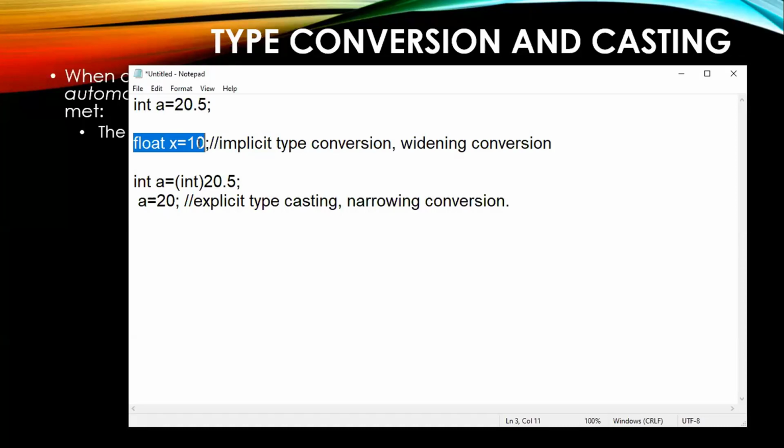The system itself will give you the functionality to put a smaller value into a bigger space. You can fill your 2-liter bottle with 50 ml of water, no problem, right? So that is implicit type conversion. Explicit type conversion: now you have 2 liters of water that you need to put into a 500 ml bottle. Can it be possible? Not possible. How much can you pour? You can just pour 500 ml. The other 1.5 liters will be a waste, right?